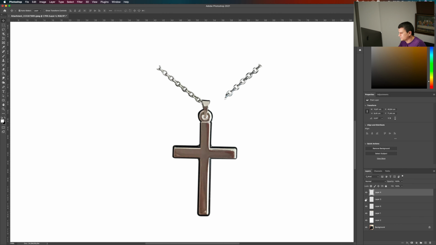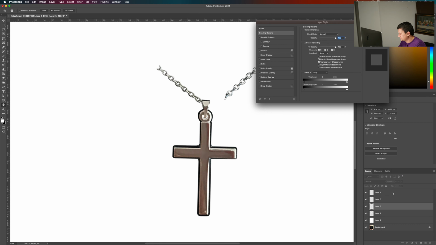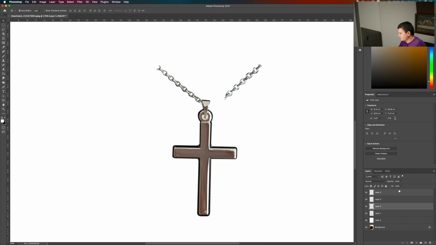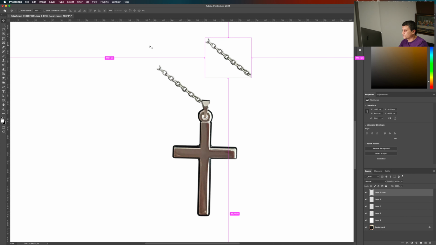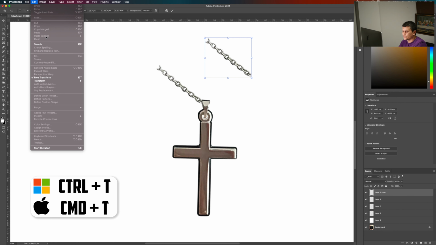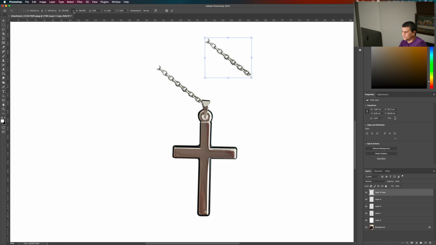Now for this here, oh sorry, for now let's delete this layer, and this here, press Command J to make a duplicate of it, and now just transform it, Command or Control T, Rotate and Free Transform, and now here make sure to unlock it, and on the width